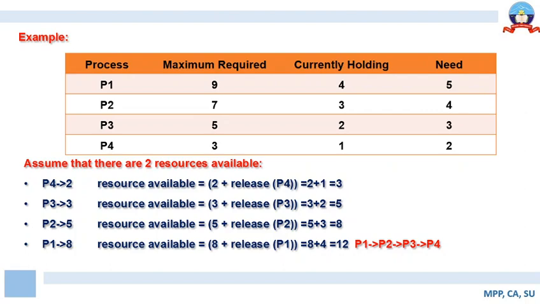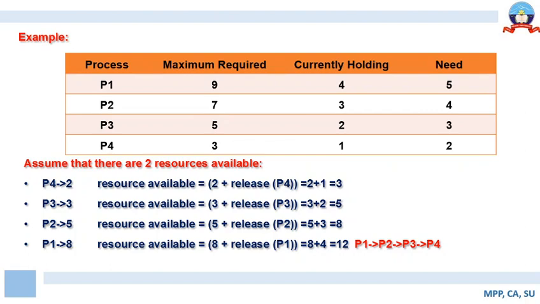So we can select the process in any sequence. So here what I have done, I have selected P2. So P2 is assigned 5 resources. So now P2 will finish its execution. It will not only release the resource that is assigned to it, but it will also release the instances of resource that it was holding. So it was holding 3 instances of resource. So 5 plus 3 makes 8. So now there are 8 resources available, with P4, P3 and P2